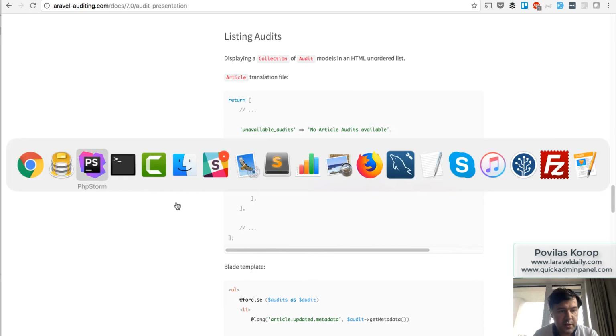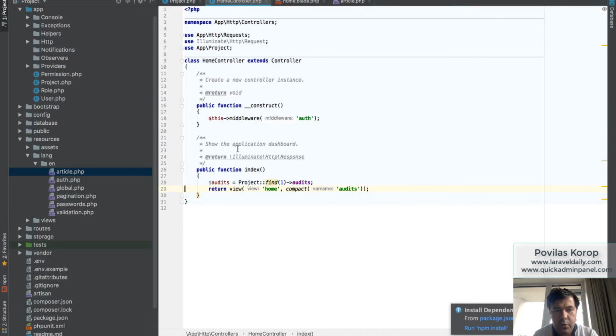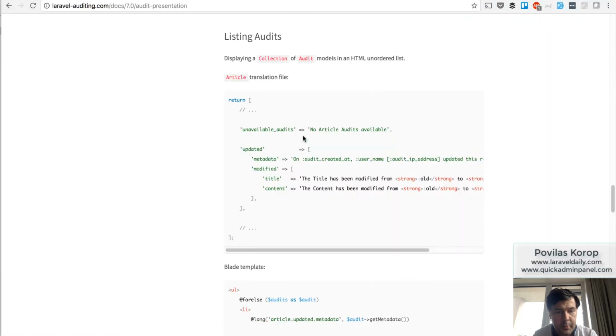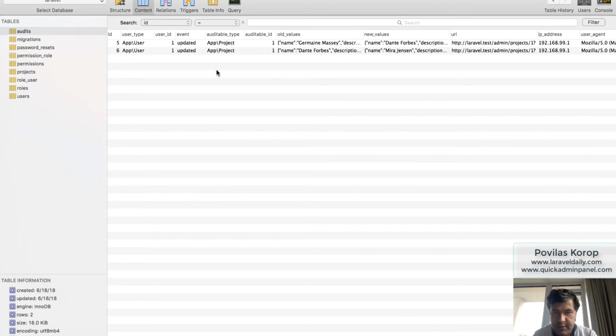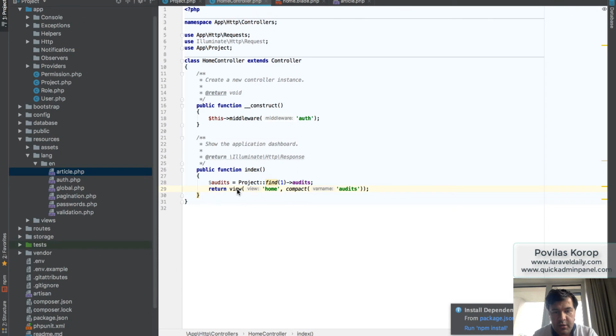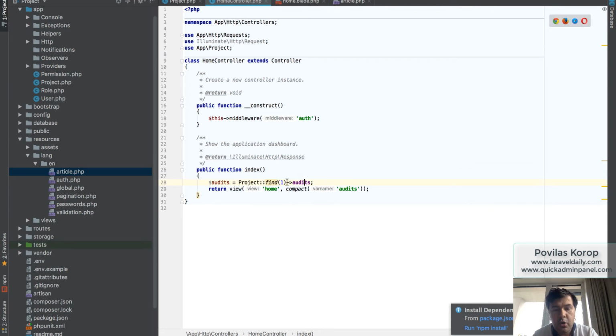Now here's the thing, the downside of that package: it's mostly used for auditing one entry. I didn't find in any examples the list of all the audits for the whole system. What they're showing is auditing of one entry. So here's how it works. You can take all audits of one particular entry. In our case, we have a project and we have audits for that, and we pass that into a Blade file,